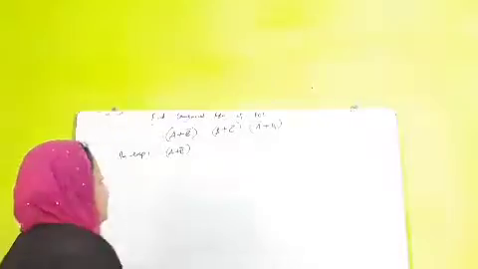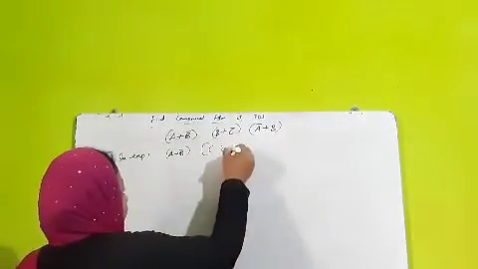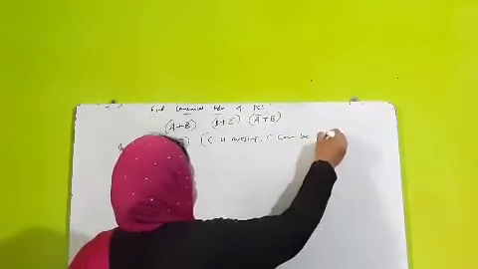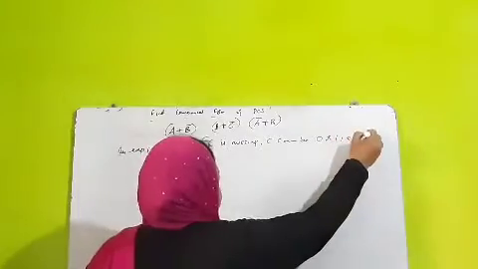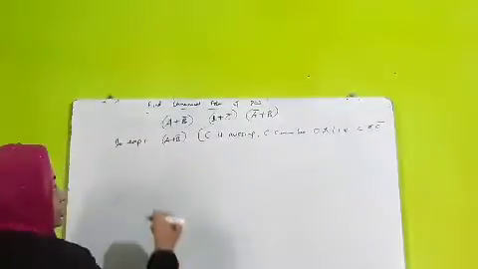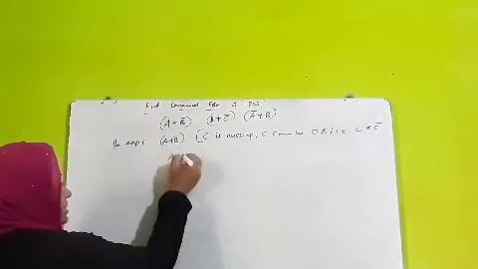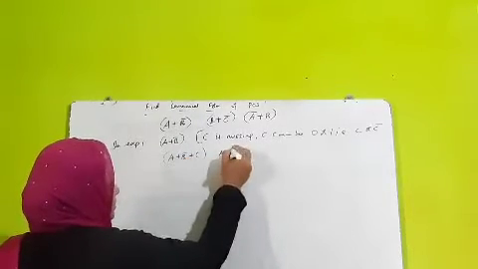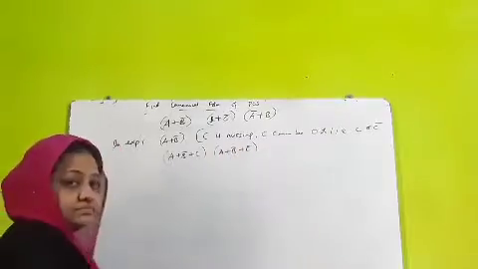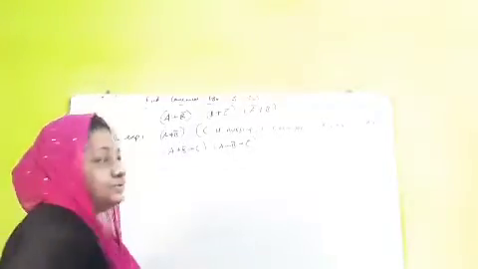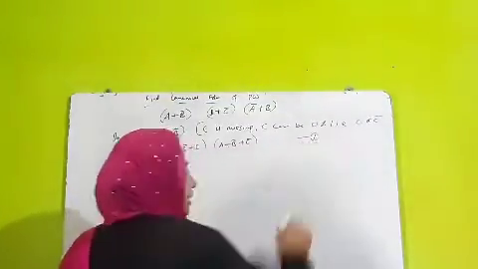Okay, what is missing here? A and B are there, C is missing. So C can be 0 or 1, that is C or C bar. Fine everybody? When we substitute, it will be A plus B bar plus C, or A plus B bar plus C bar. Now you can see all the variables. So this is expression 1.